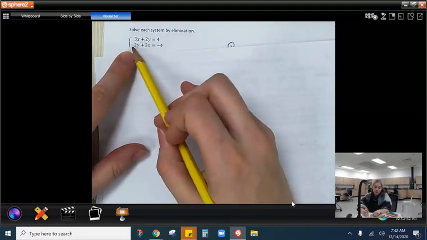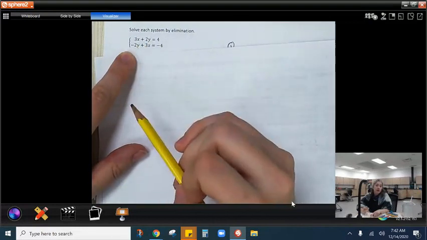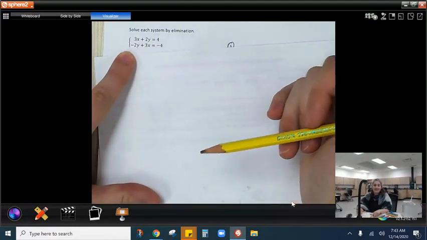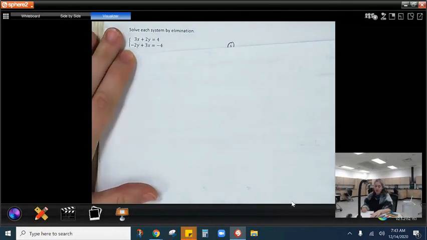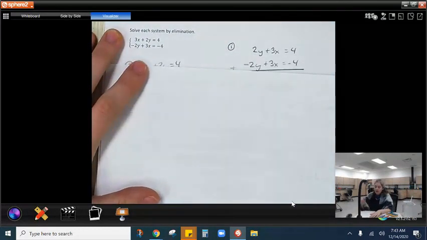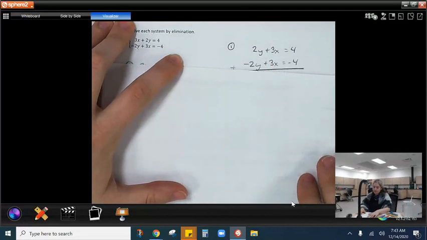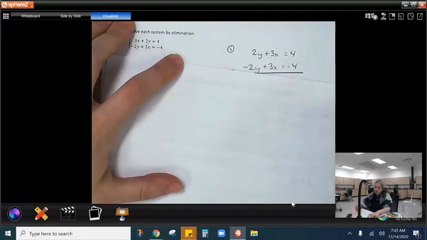I chose these two, the y's, because one's positive and one's negative, and they have the same coefficients. So that just makes it even easier, in my opinion. So I'm going to align them up so I have my y's on top of each other. When I solve that,